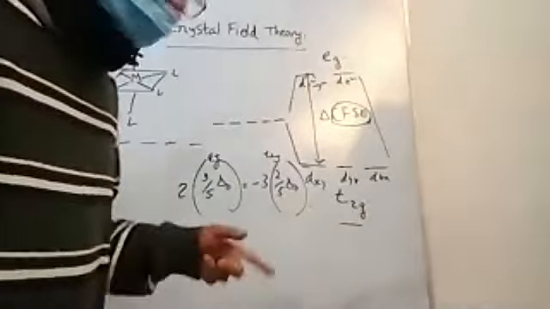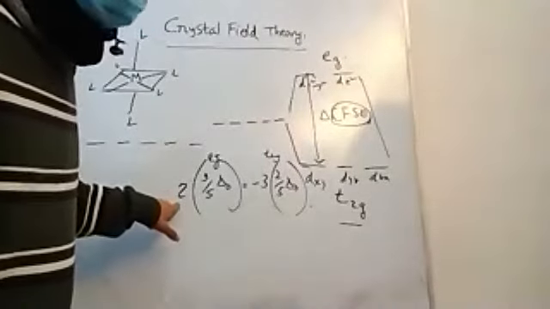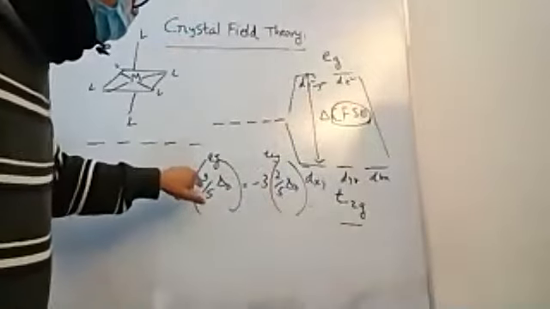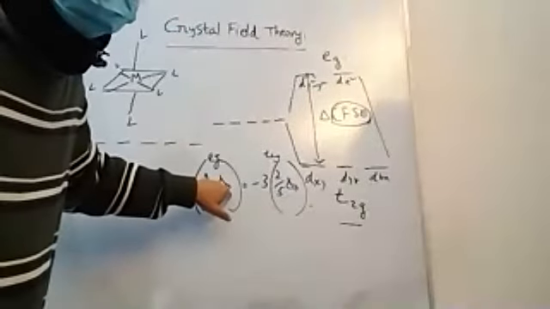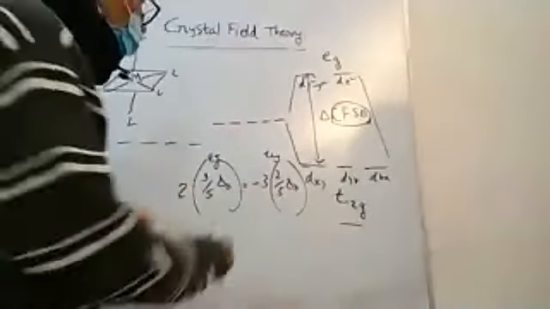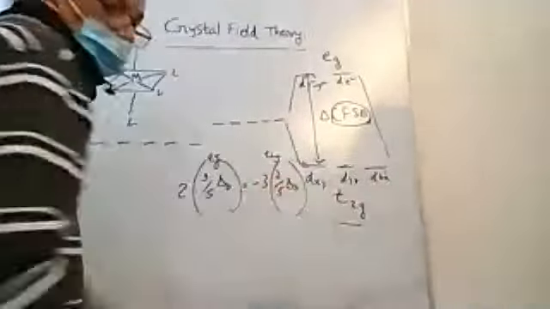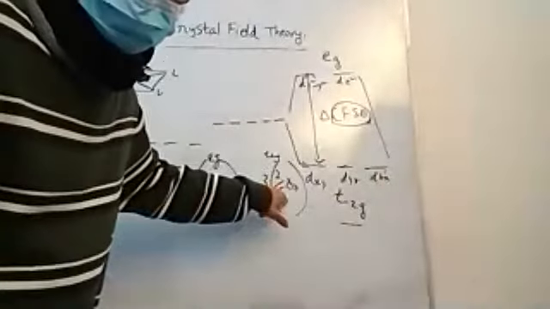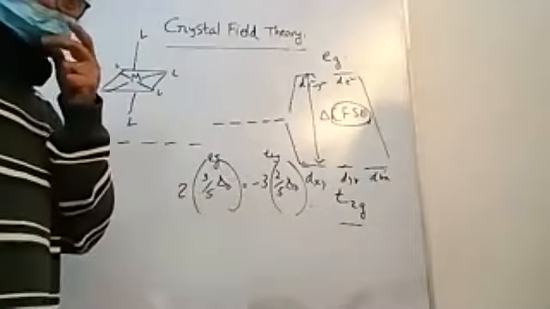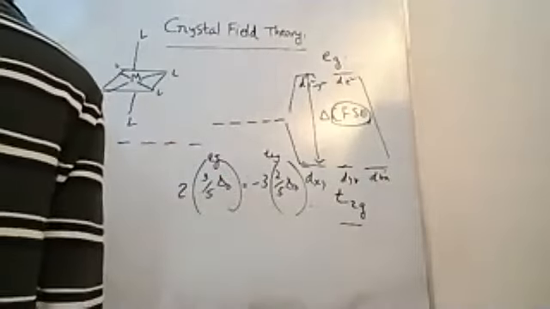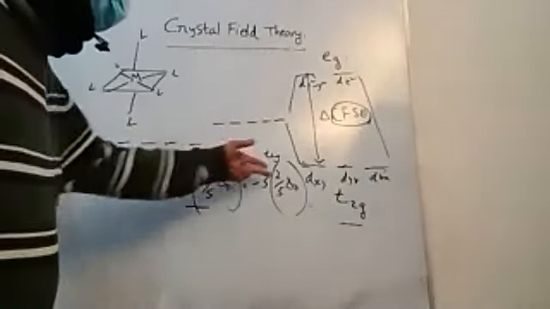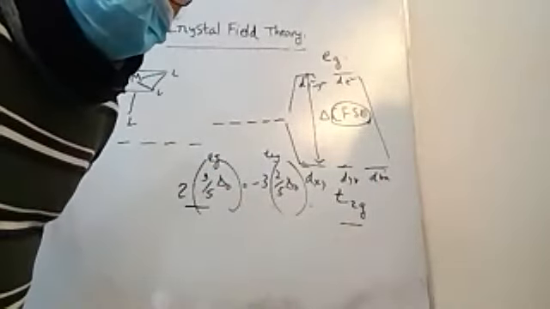Again, to understand this equation, we look at this. There are 2 Eg orbitals. There is an increase in energy for them. That increase is 3/5 of delta 0. Delta 0 is the total splitting energy here. And then 3 of them are lowered. So each one is lowered by 2/5 of delta 0, so that if you look at the equation now, they are just identical. So we have 6/5 and 6/5. So that's exactly the energy separation.